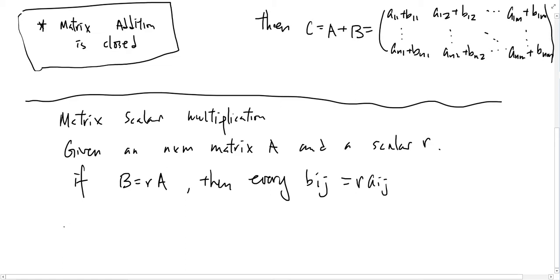So essentially saying that if A is equal to A11, A12, to A1m, and so on down to AN1, AN2, to ANM,